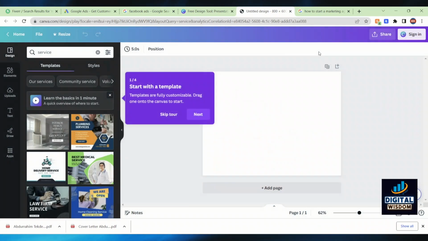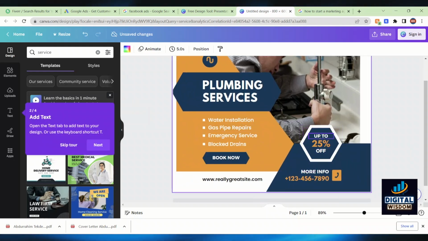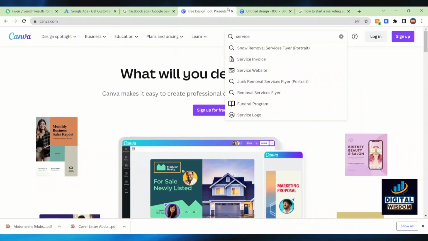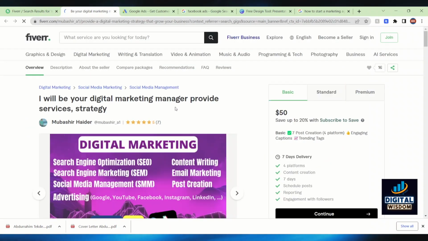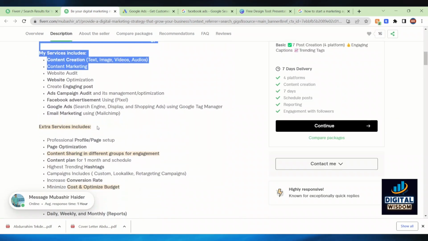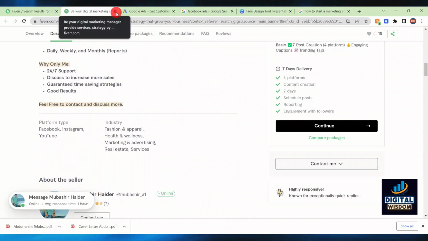So let's go back and click this one. This one tells the services they're doing and also the price, like the offer, and they provide their link, like their social media, their phone number, and their website to build that trust. And you can put a picture and some examples of your marketing services to get better clients. So this was just the client side, and you can use ChatGPT to create a gig service inclusion, like the services, the extra services, and more. So that was the first step, to find the clients.